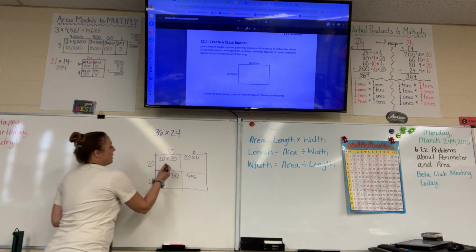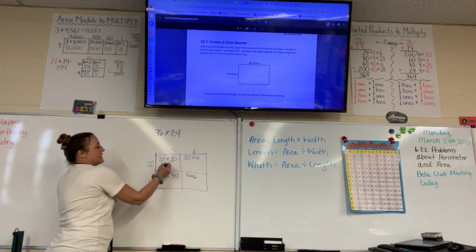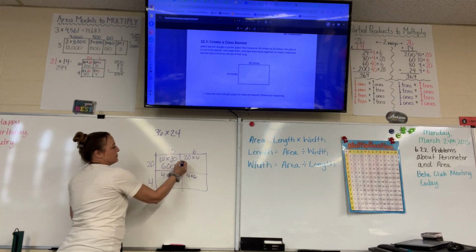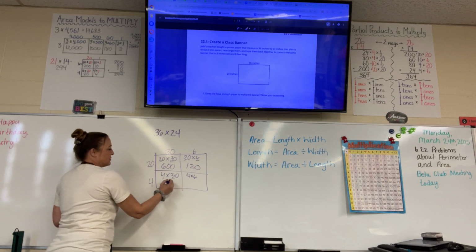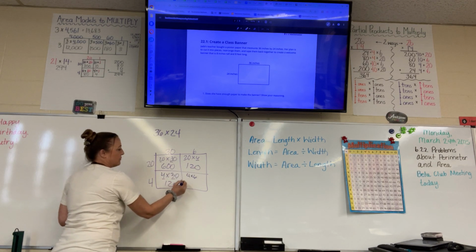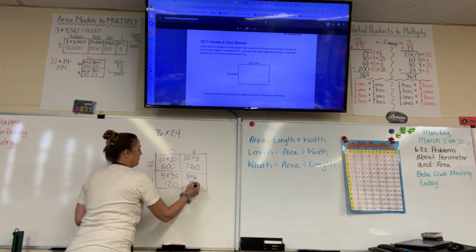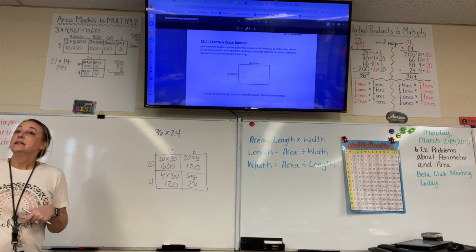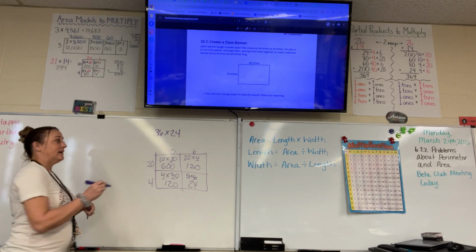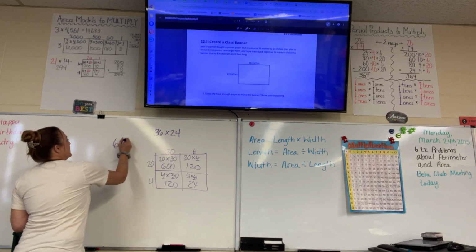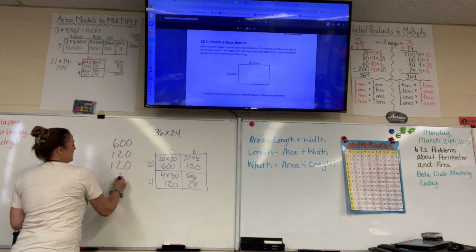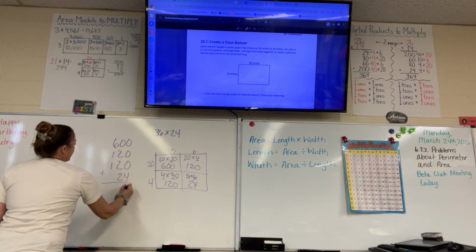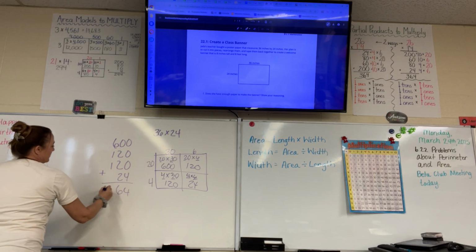Okay. So 2 times 3 is 6. Add 2 zeros. 2 times 6 is 12. Add 1 zero. 4 times 3 is 12. Add 1 zero. And 4 times 6 is 24. The last step, stack them and add them. 600, 120, 120, and 24. When we add those together, we will get